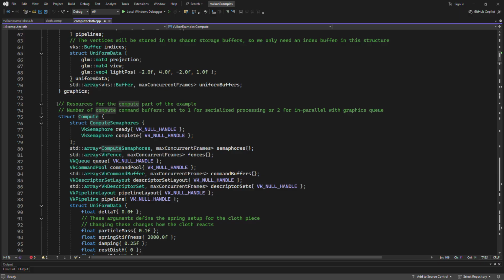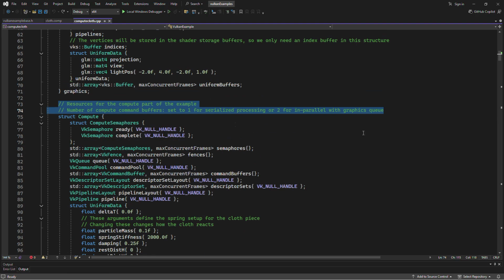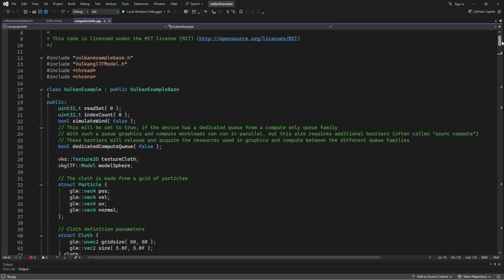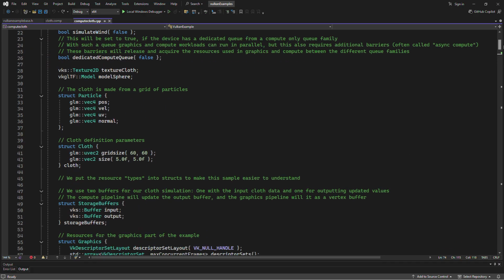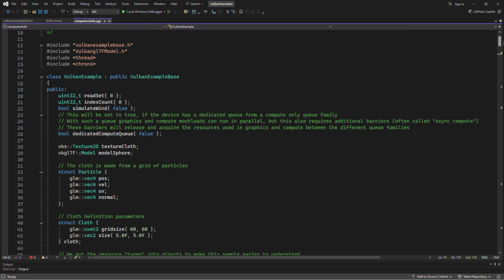queue. I think this might have been the author of this code. The author of this code updates it fairly regularly. So the serialized and parallel processing stuff for the compute stuff might have been from a previous version of the code, because I don't see an option for that at the top. There used to be, I think, an option. But anyway,